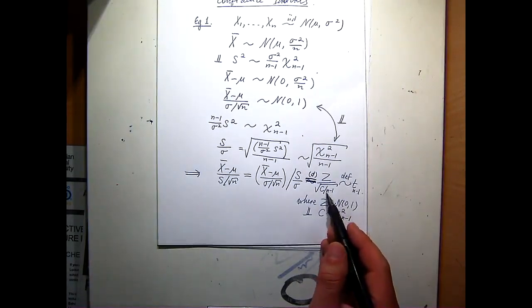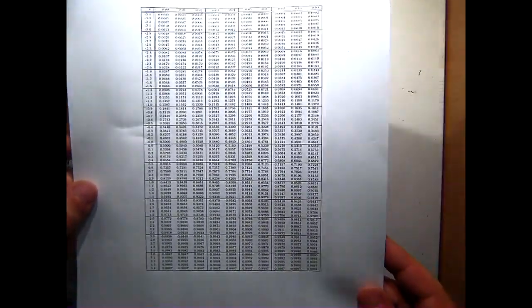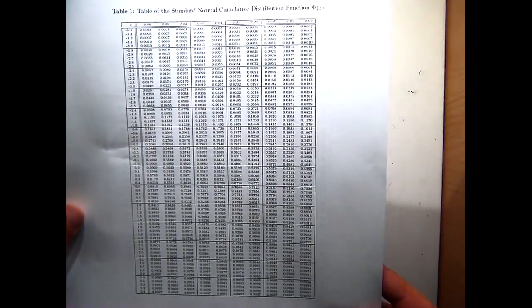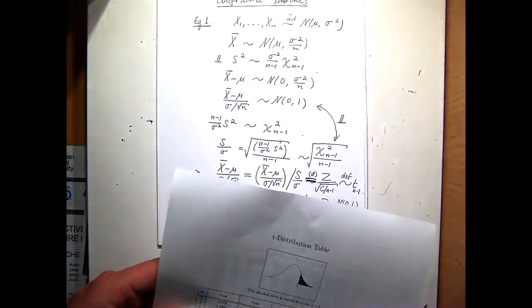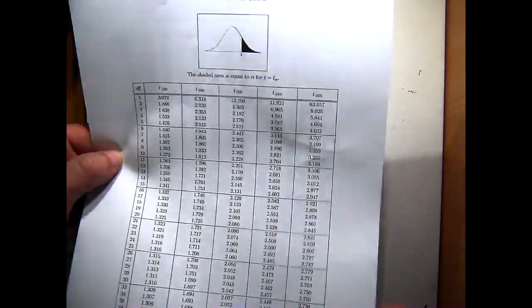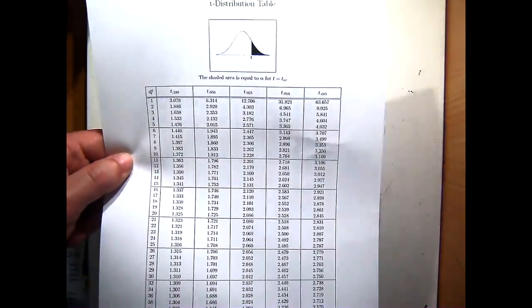When you're on an exam, you're going to be looking things up in normal tables and t tables. By the way, these are probably the tables I'll provide. I'll probably post these so you can see. So that's normal, which gives you very precise values of the normal. You didn't need tables on the mid-semester, but for the final you'll need to be able to do some confidence intervals. Anyway, for the normal I give you vast amounts of detail. For the t distribution, I don't give you the whole distribution, I only give you quantiles, which you'd be familiar with from first year. And if you only have quantiles,